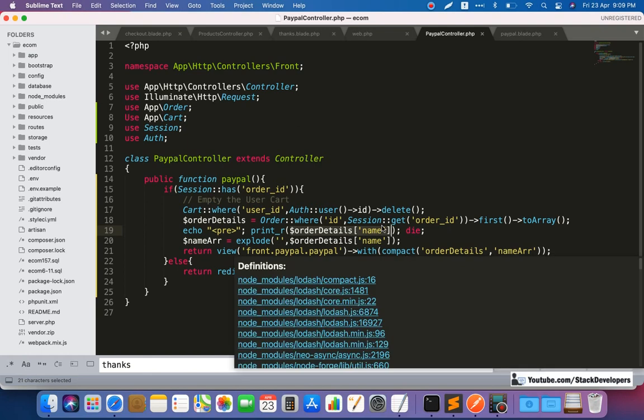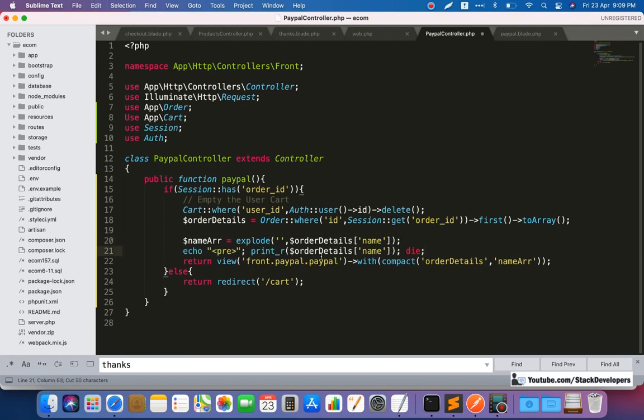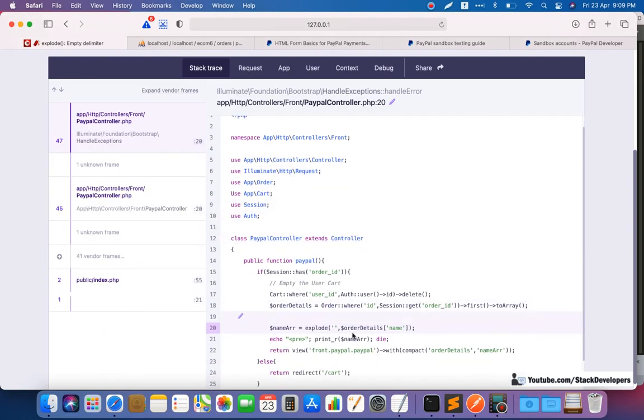Now the same thing we are using here, and after this one, here we are going to use this one once again. Let's see if it will work. Explode.